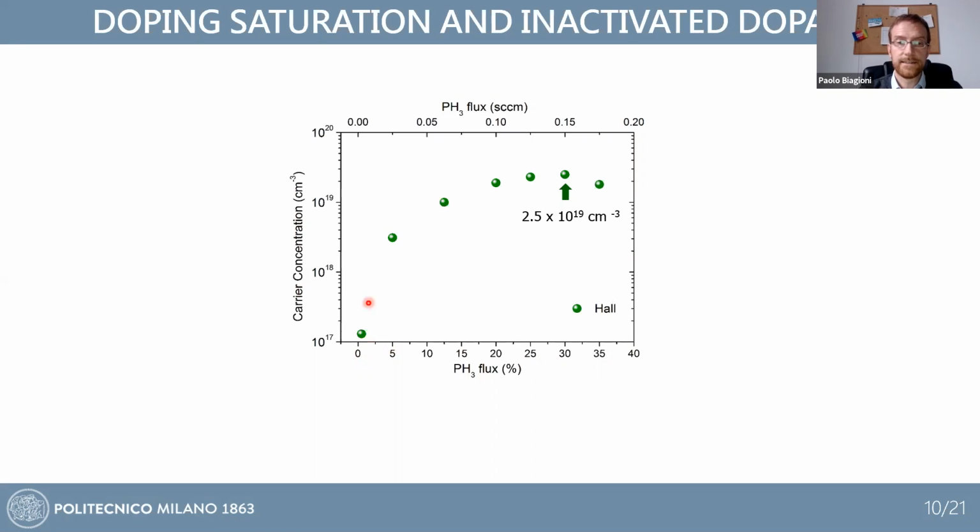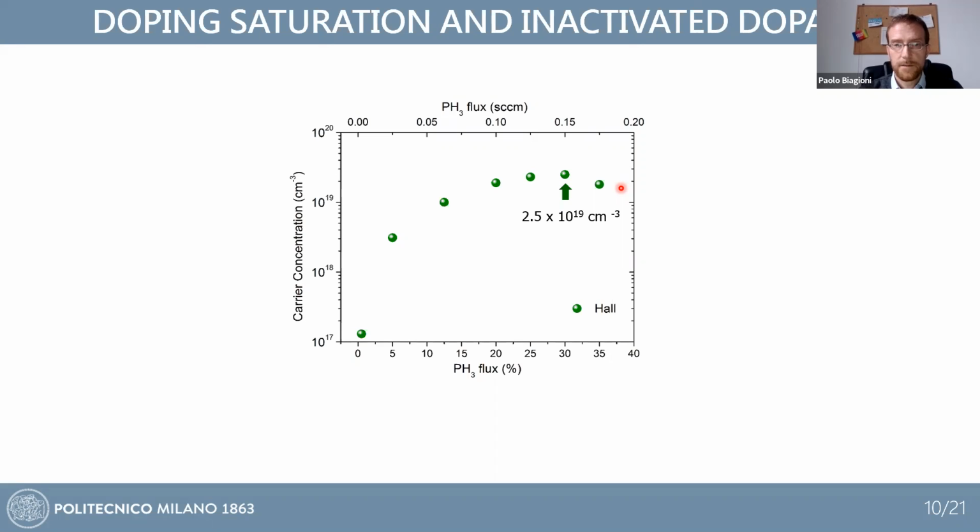And you can see that as we increase the flux of the phosphorus precursor in the chamber, we increase the carrier concentration, which is measured in this case by Hall bar measurements, but could also be measured by infrared spectroscopy. And at a certain point, we reach a saturation. The saturation is expected because there is a solubility limit for dopants inside the